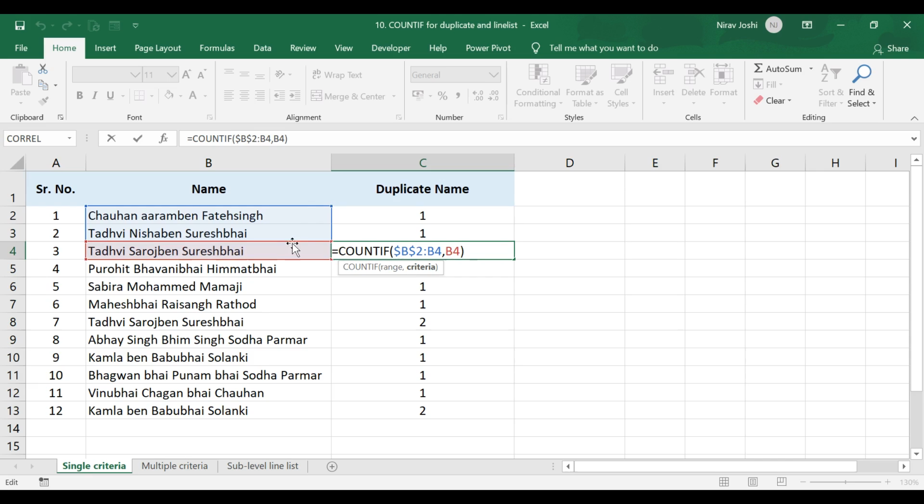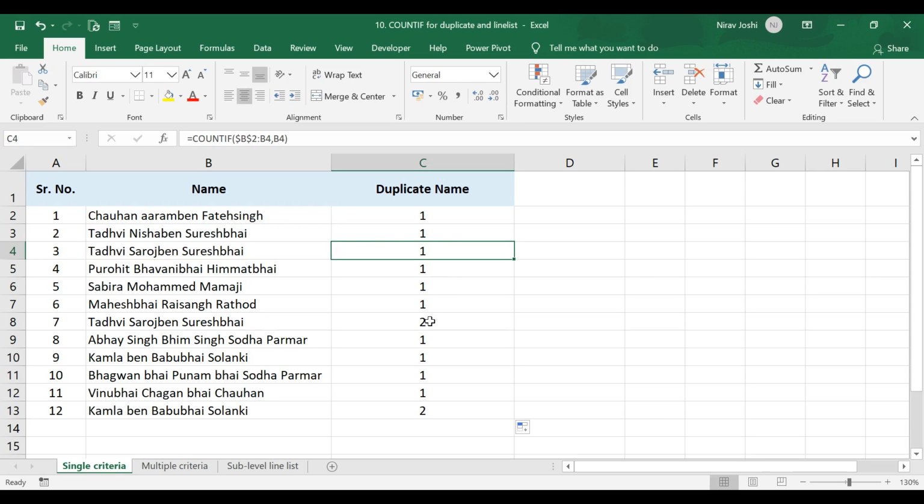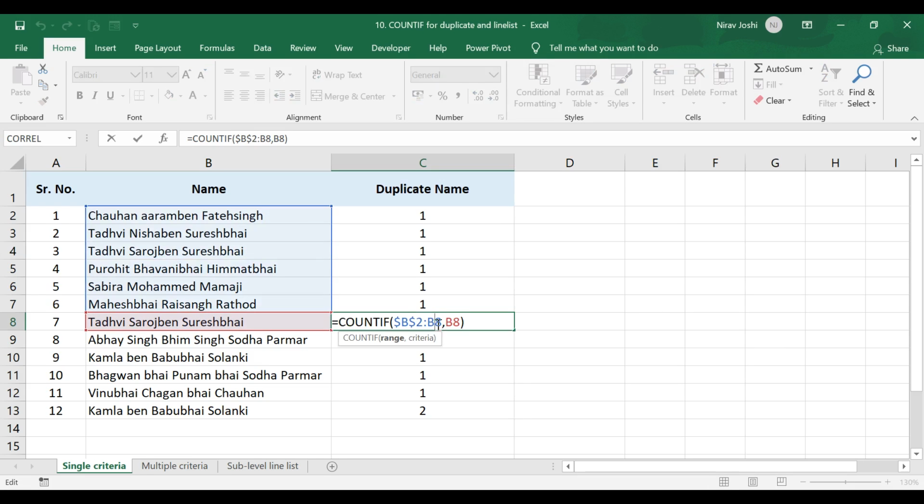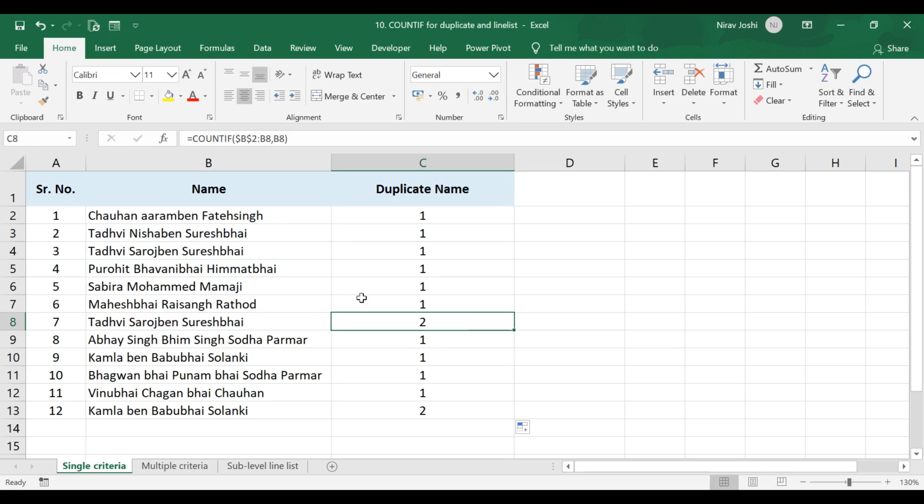If there are duplicate values in this range, it will show a number more than one, like in this one. It identifies how many cells have this kind of value as in B8. This is the first one and this is the second one which has the same value, and that's why based on this counting it is showing 2 here, and similarly it is also showing 2 here.